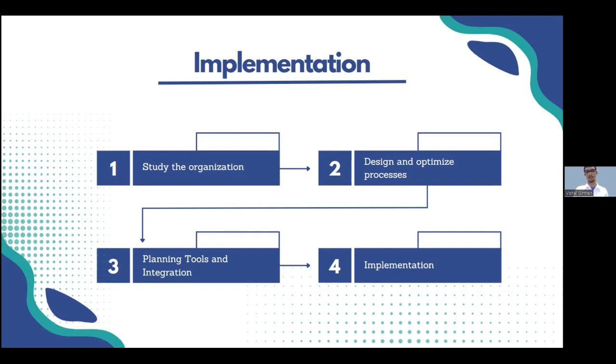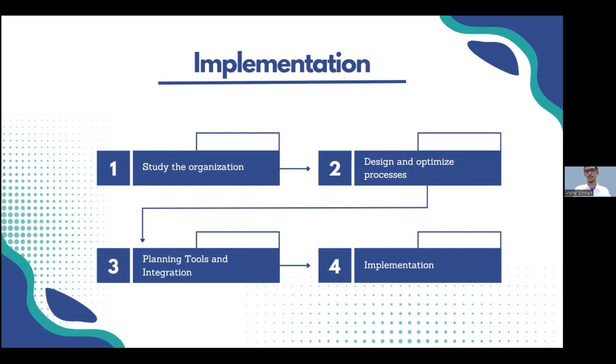Step 1 involves studying the organization comprehensively. Specialists from each department will identify opportunities for automation. Top-level management and end users will also be involved in decision-making, ensuring a holistic approach to automation. In step 2, we design and optimize processes based on the gathered information. Job roles will be modified and created, and training programs will be designed to fill knowledge gaps. Risk assessments and mitigation strategies will be integral to this step.